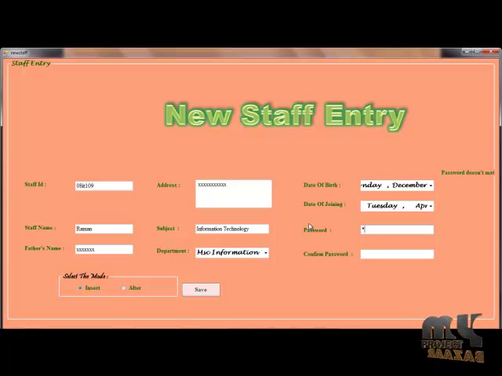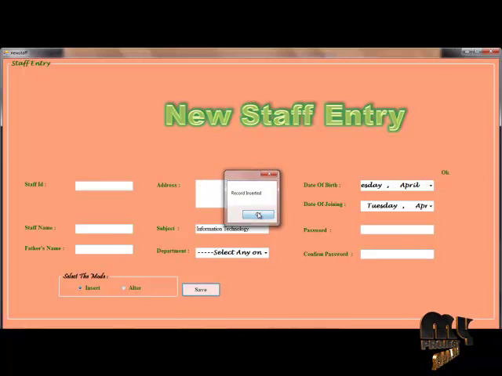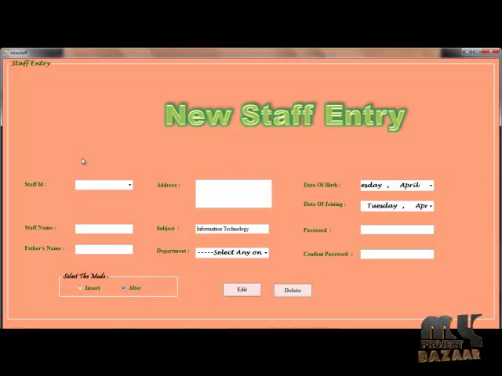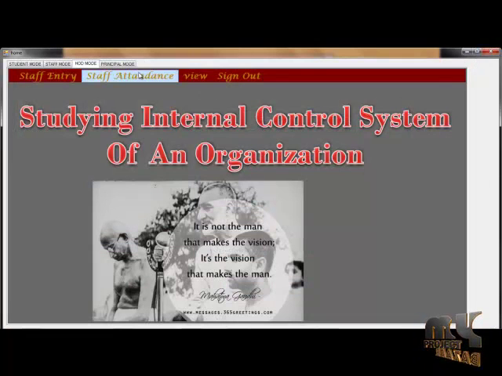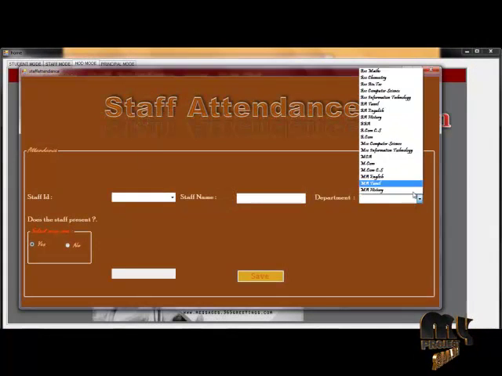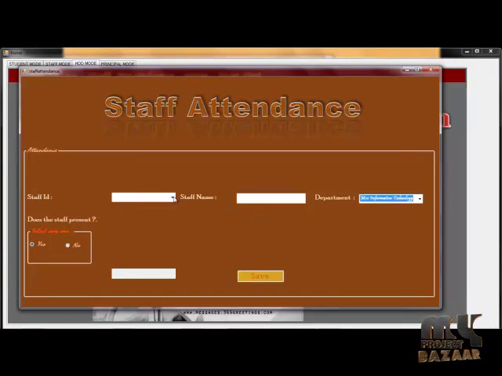Date of joining, access, while login. We can also alter the detail of the staff using this option and delete the staff entry. Maintain in this form as the student detail entered.